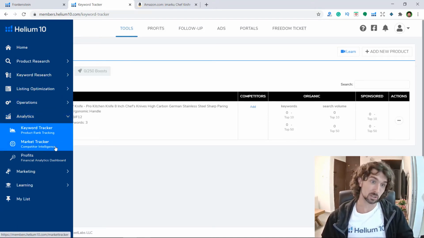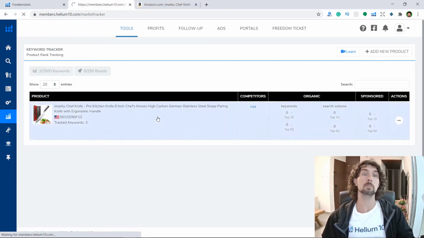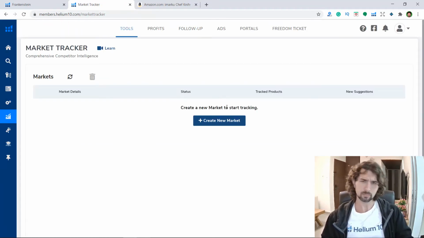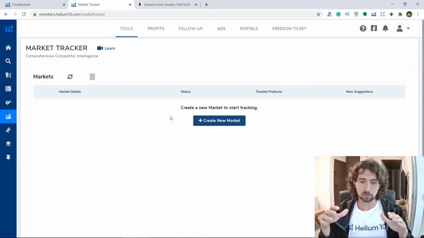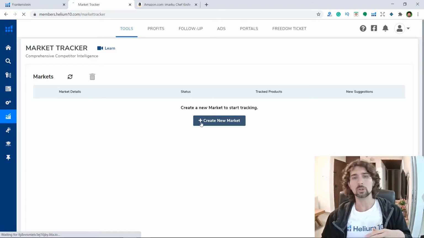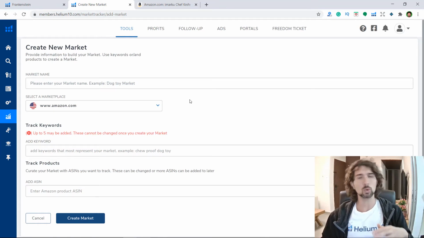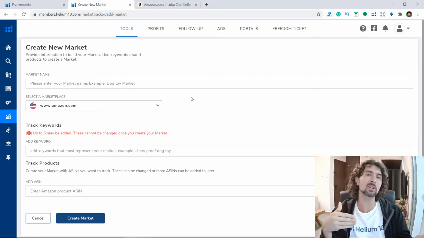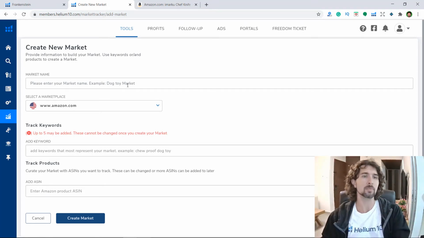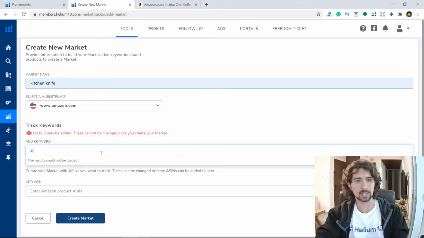Next one is market tracker. What does that mean? You can create a new market here. This tool is very powerful. Why? Because you can create a market, and then track all the new products that are coming inside this market and all the products that are currently in this market. So for example, if we call this market name kitchen knife and we add the keywords kitchen knife here,